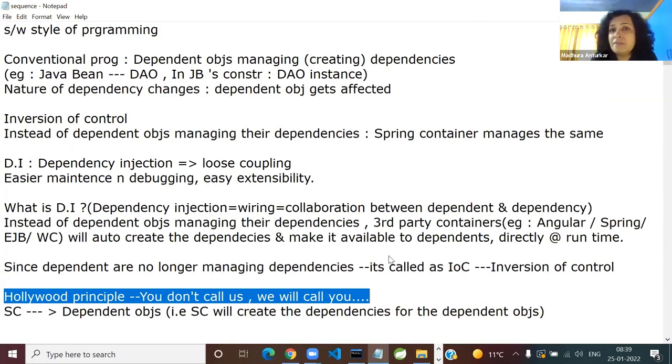So what does it mean? Of course, Hollywood, it's all a glamour world. Hollywood, Bollywood, Tollywood, whatever you call it. So the point is just a small story. Suppose you are an aspiring, struggling actor, actress, model, or whatever. You have given some audition test, the story behind the statement, and you are keenly waiting for the results.